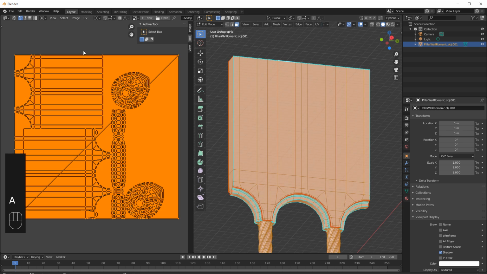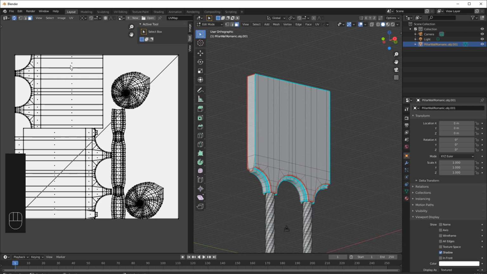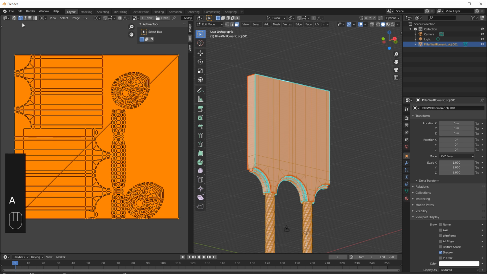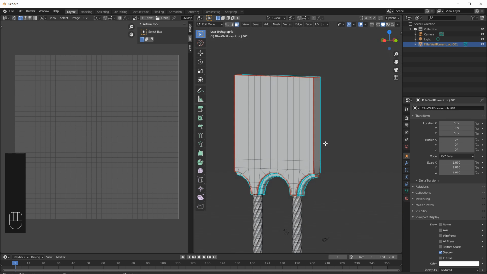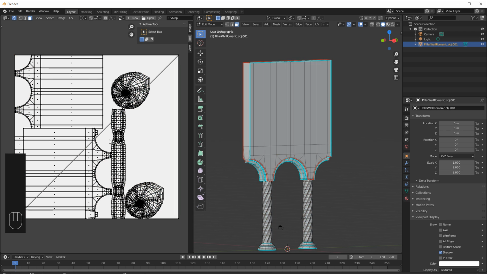Select all and go over to this UV editor and activate this UV sync selection, because now if I deselect all faces I still see the UVs. Otherwise, if this is off and I deselect the faces, you don't see anything. So it's always good to keep this button on. It's not bad, but we have to fix